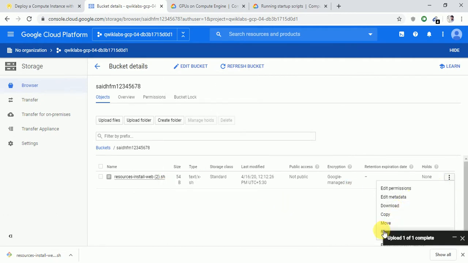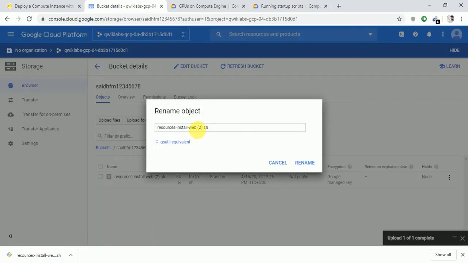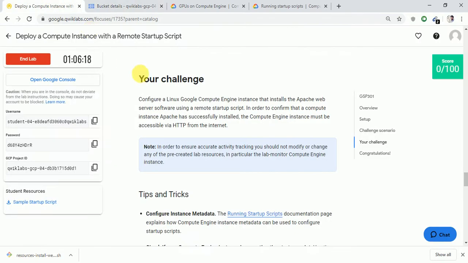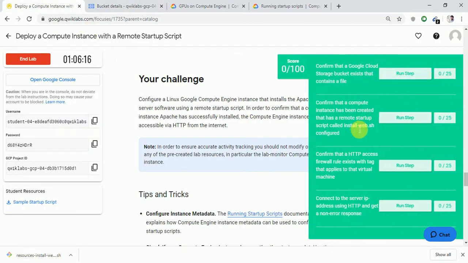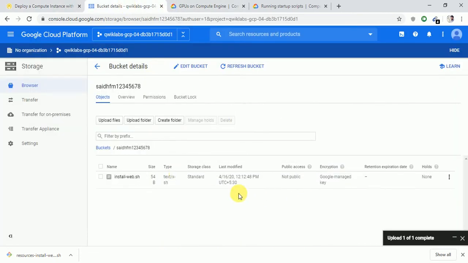That is the important thing here. This should be the name, as given in our lab. You can see here, install-web.sh. This should be the name. Yeah, we have done that.